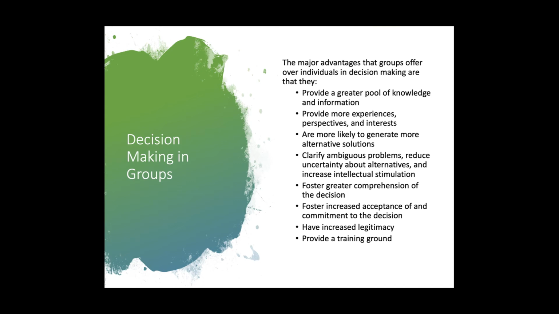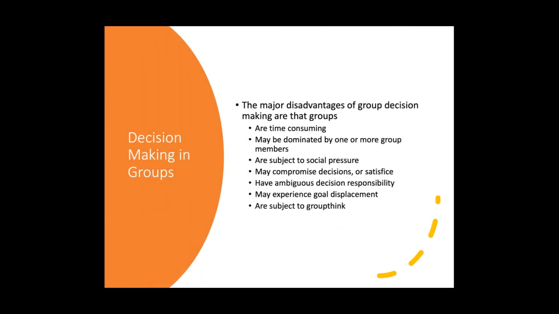But group decision-making is not without its set of potential disadvantages, and that's what we look at in this next slide. You know that anytime you get more than a couple people together to make a decision, it's going to take a while. It's time consuming, right? You're not just making the decision in your own head. People have to talk it out, and some people need to talk for a fair amount of time in order to talk it out.